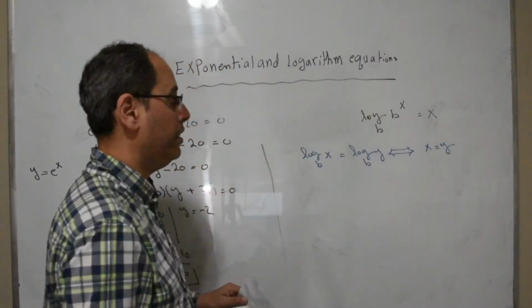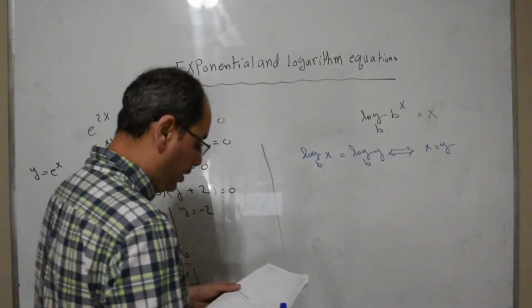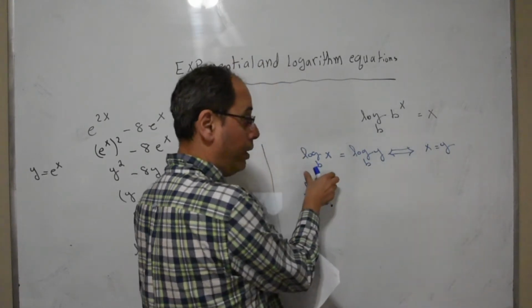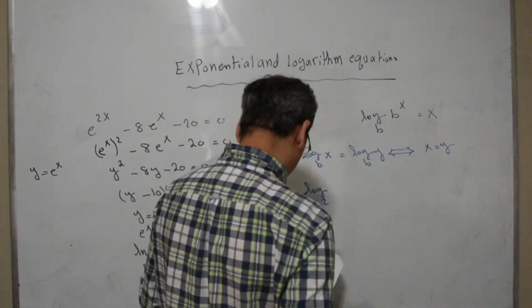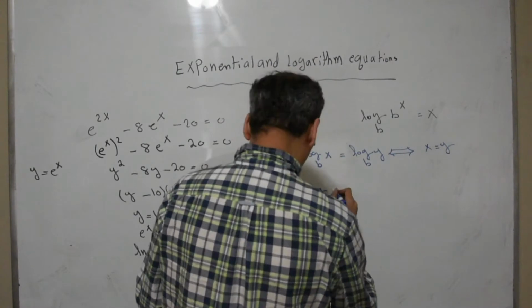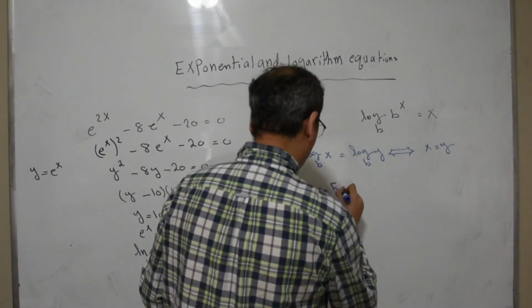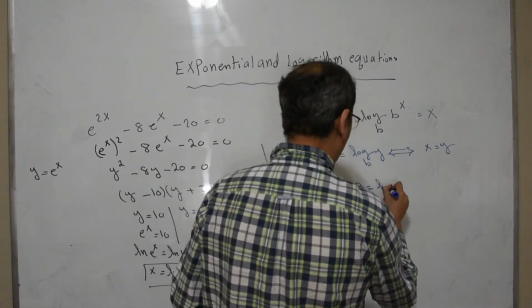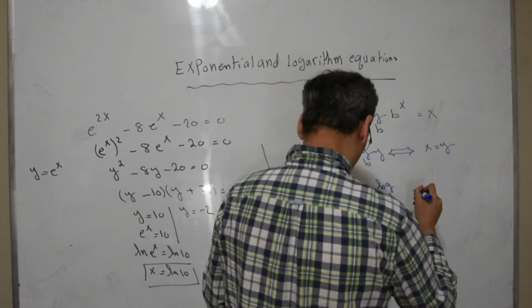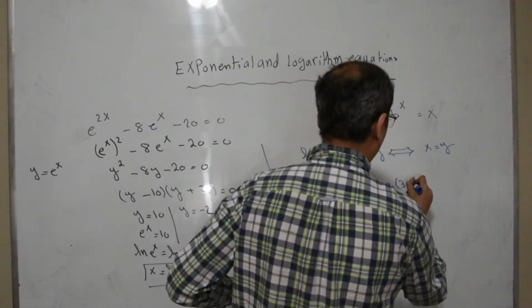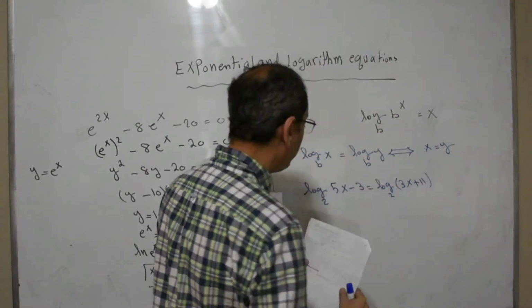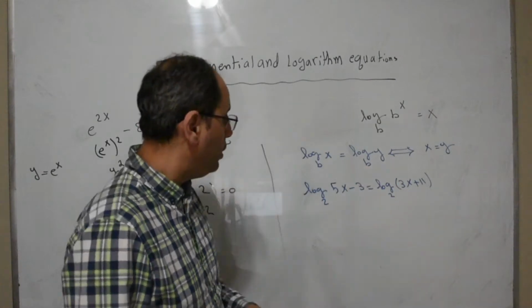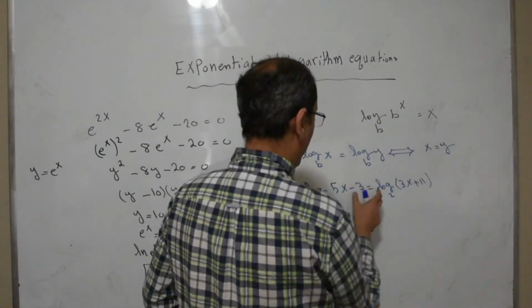I'm going to use this in some examples here. So example 1, by the way, that works with natural log as well: log base 2 of 5x minus 3 equals log base 2 of 3x plus 11. Log and log, same base, and equal. So therefore x is y,